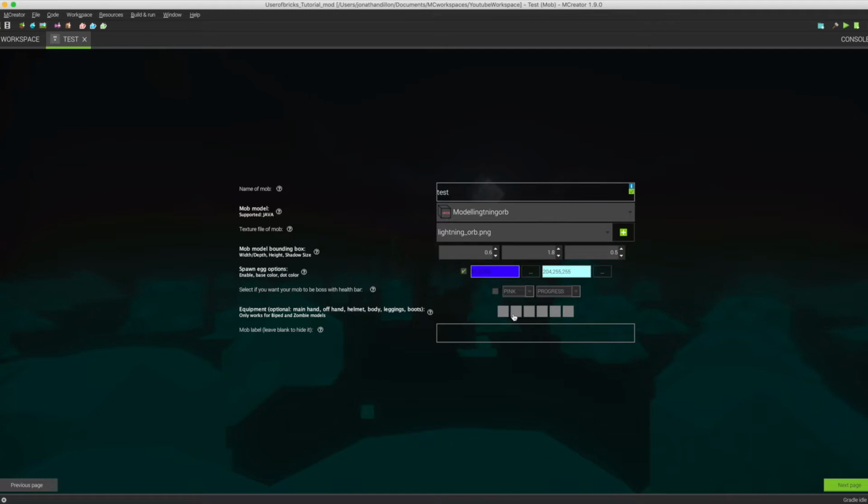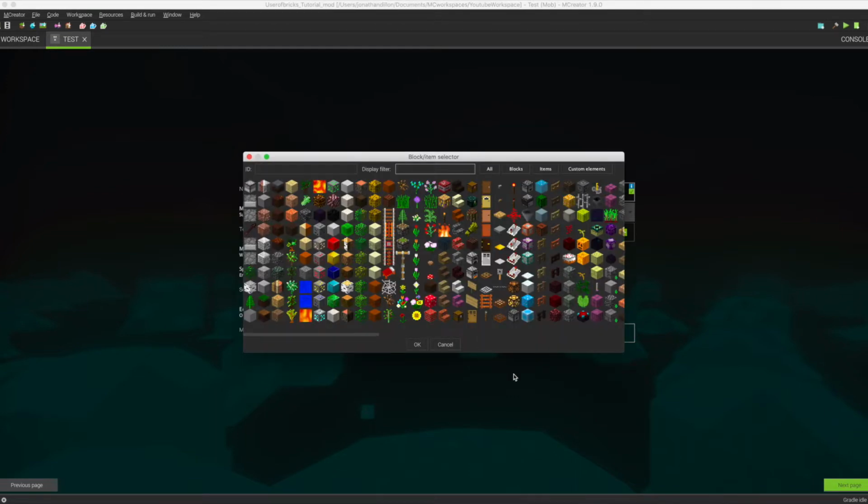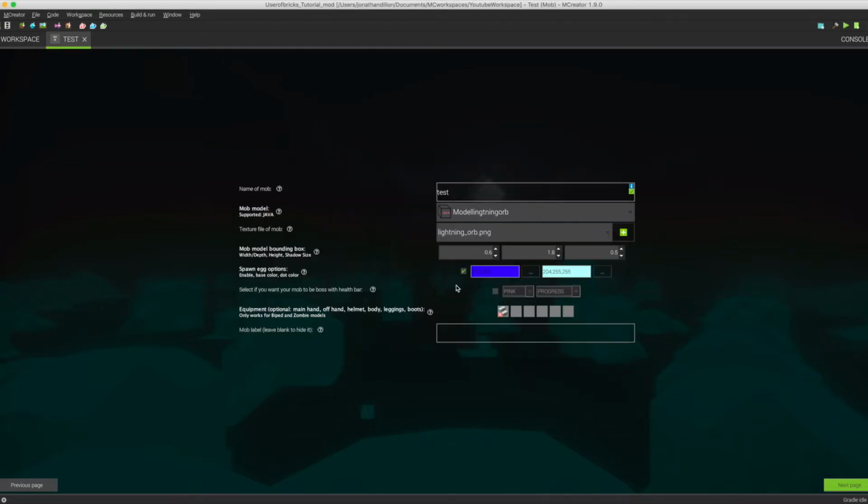So yeah, the first slot, you could say, here is the main hand, and then comes the offhand, then the helmet, the chest plate, the leggings, and the boots. You can put your own custom armor and items in here. You can put just about everything. So you could place different items in the